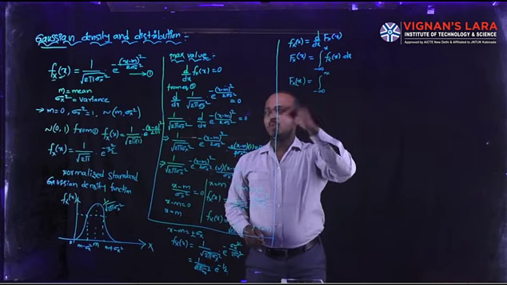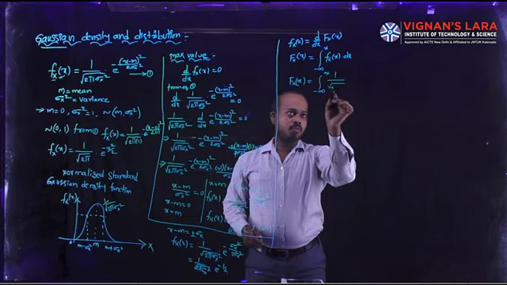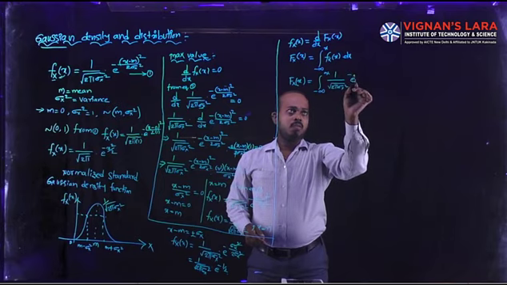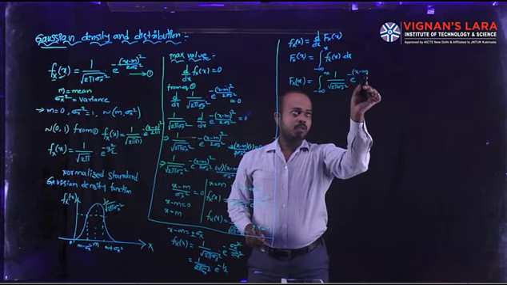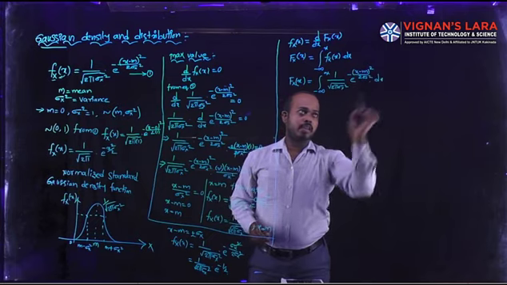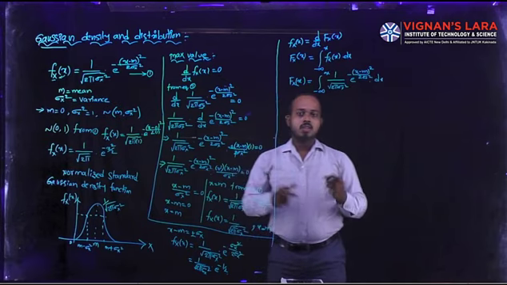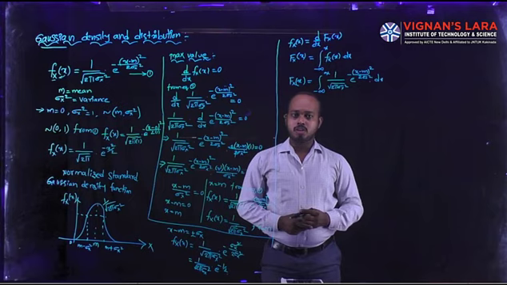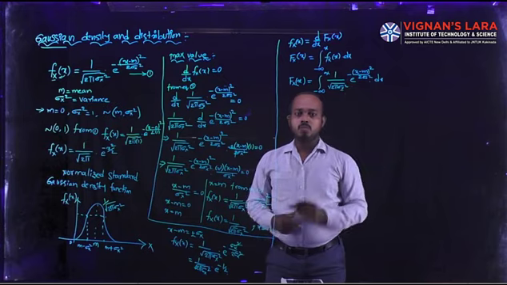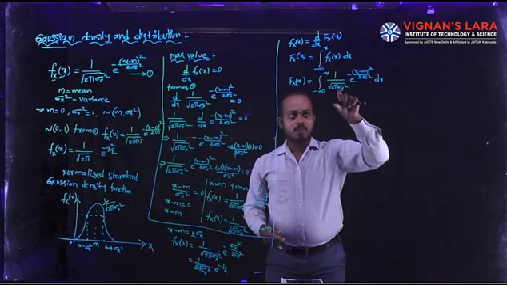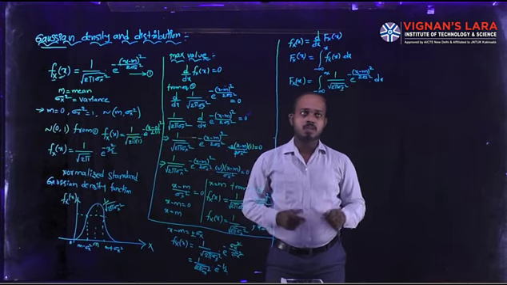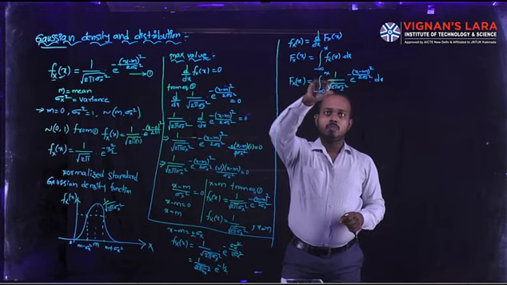The function is 1 by square root of 2 pi sigma x square into e power minus (x minus m) whole square divided by 2 sigma x square into dx. In this density function, the variable parameter is only the x term. The remaining sigma x square and mean value are both constants. That's why I am separating the constant term from the variable value. That means I can move this term before the integration term.